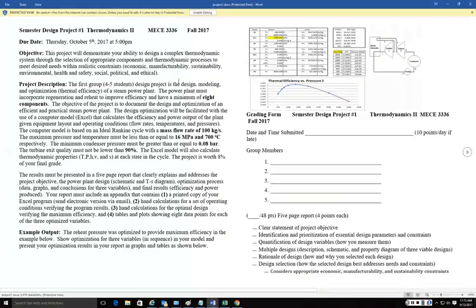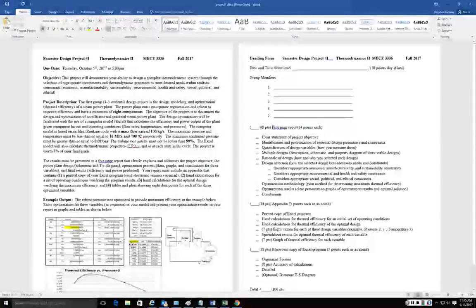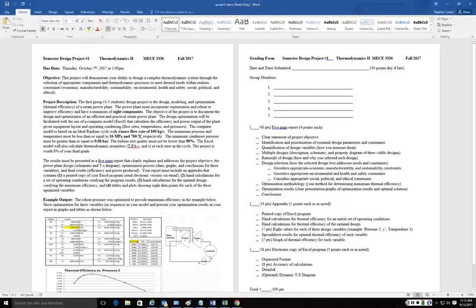that gives some explanation about the project and also a little example, the details of limitations of the project: pressure, maximum temperature, minimum pressure, minimum quality that's allowed, and also a grading sheet that shows you points I'm specifically looking for. I would strongly suggest that you use these items in the grading report as actually headings in your report so that I can find them, so that you have a section called